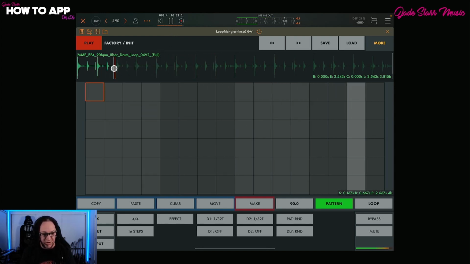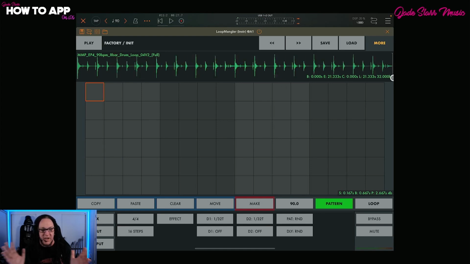Right, we can trim this all the way down. So you've got full options there to go in and trim and play around with your sample as well. Now, once you have a sample loaded, we want to talk about effects, because this is where we add our